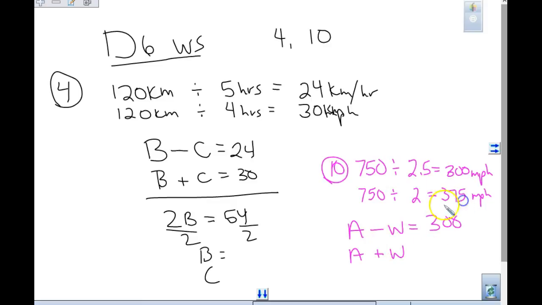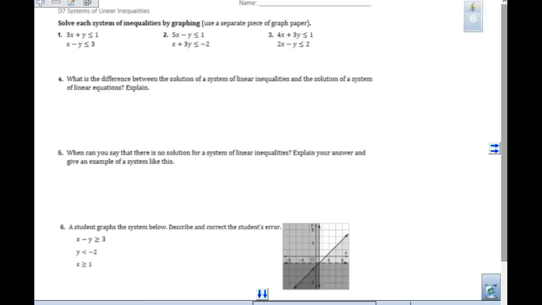You need to know miles per hour before you can solve these problems. So that was their hint, but a lot of you kind of didn't get that's what it means of finding it. So I wanted to make sure from that D6 that that was kind of clear. I'm going to hand out your